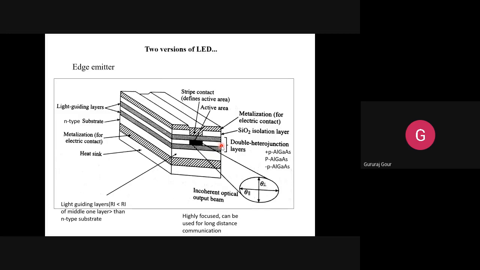Their material composition may be different, but their functions will remain the same. The middle one is acting like a core, and the two surrounding layers are acting like cladding, which are exactly resembling the characteristics of those of the optical fiber, which is to be communicated here. So that is three layers acting like a heterojunction part for this LED, where the recombination process is taking place.